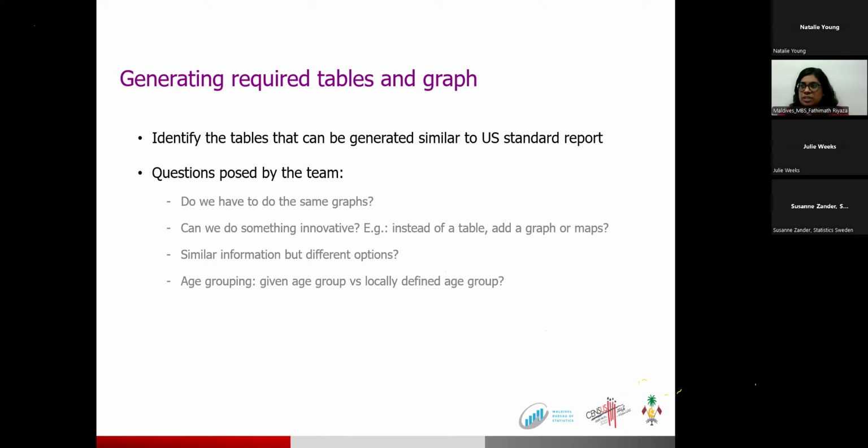The first set of questions our team raised was whether we have to prepare the same graphs as the US standard report, or can we do something more innovative, like instead of a table, add a graph or a map? There are so many new techniques and tools made available to show the same information. And then, just now, like Natalie addressed,